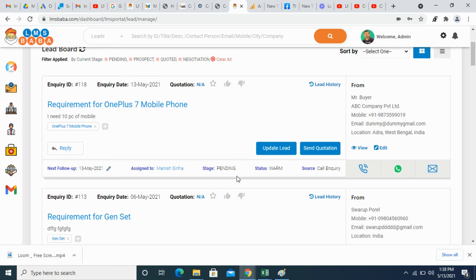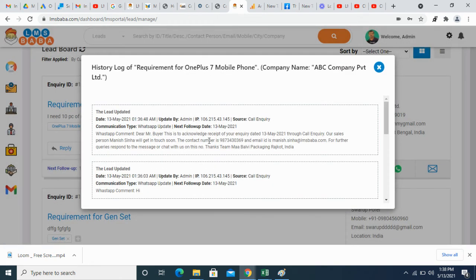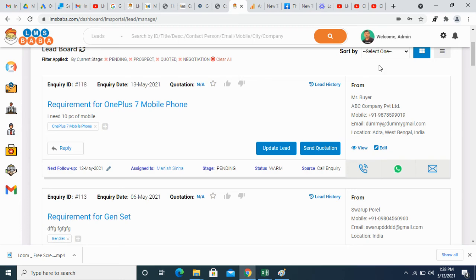After you disconnect the call, it will ask you whether the call was talked or not talked. If the call was talked, it will ask you to fill the MOM, what you discussed with the buyer. There is a small screen where you need to type the conversation, and once you submit that, there will be an option to reschedule the call again. Once you submit that, again the conversation will be recorded in lead history.